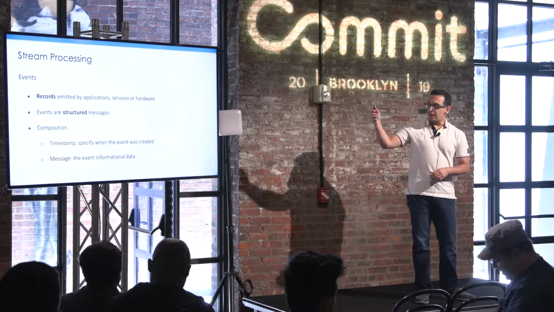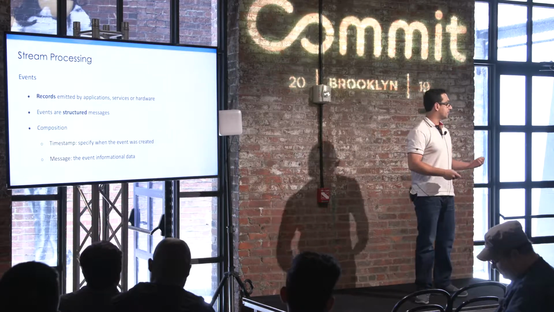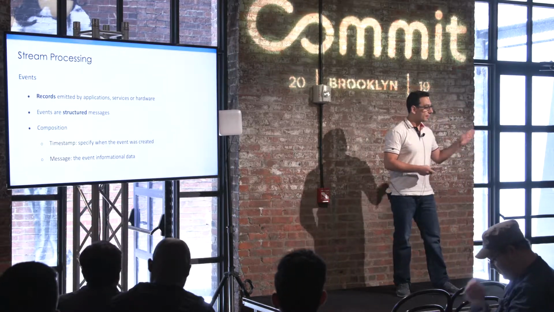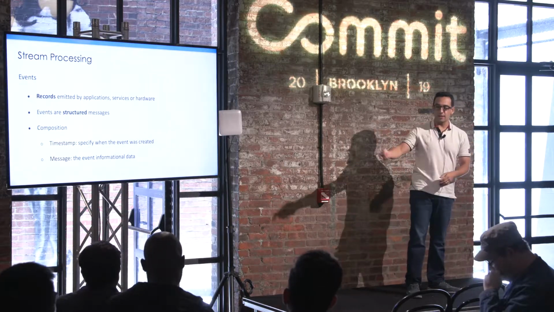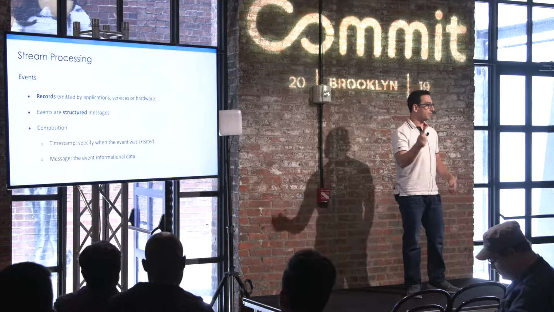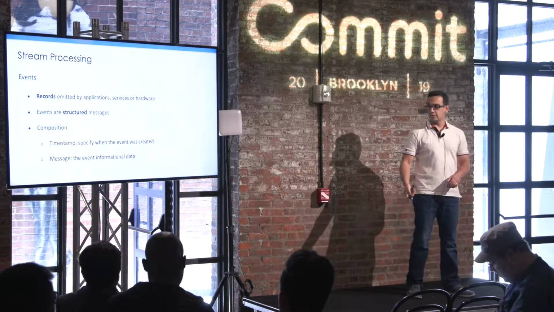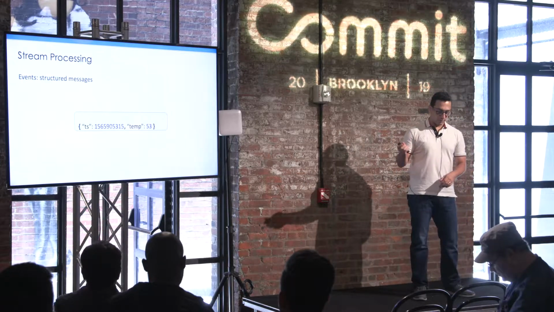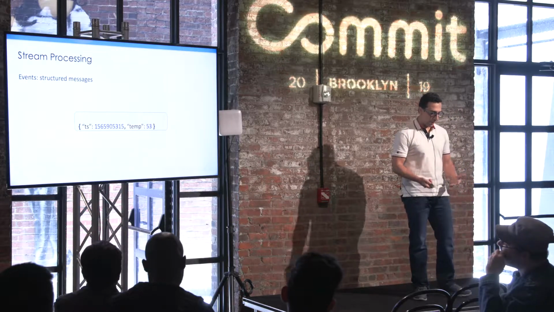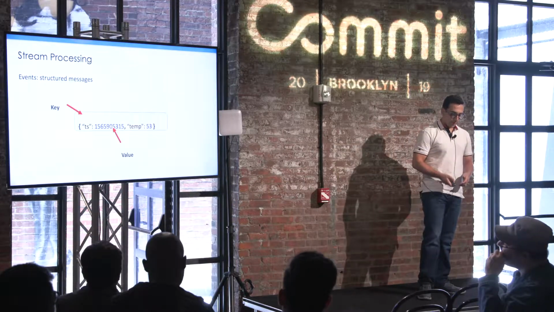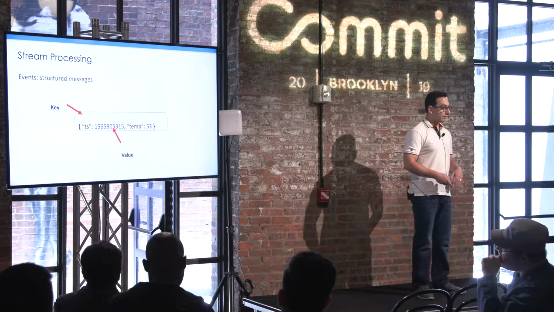And as I said, every piece of data is composed of a timestamp, because a message was generated at a specific time, right? And also we have the message. We can think about syslog. Syslog has a priority, a timestamp, and the message, same thing. So if you think about JSON, this is a timestamp, we have a value, a temperature, and one becomes a key and the other the value.